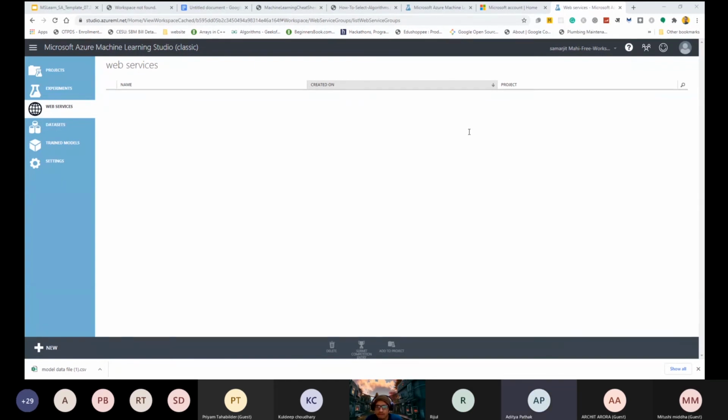Do I take the tour or do I keep it for later? Can you repeat it once? It's asking me if I would like a tour of Azure ML. No, you don't have to take any tour. You just have to sign in. Then you just enter into the Microsoft Azure ML Studio, I think. Are you able to see this kind of feature or this kind of web page on your side? Yeah, I guess. Okay. Yeah, I see it. Yes.